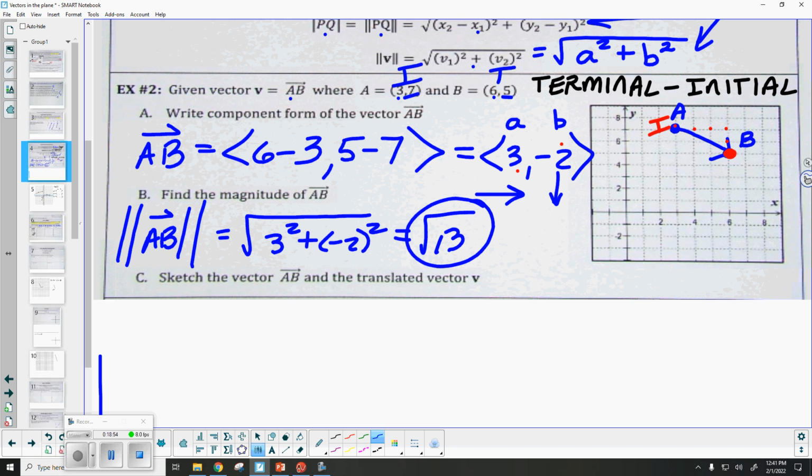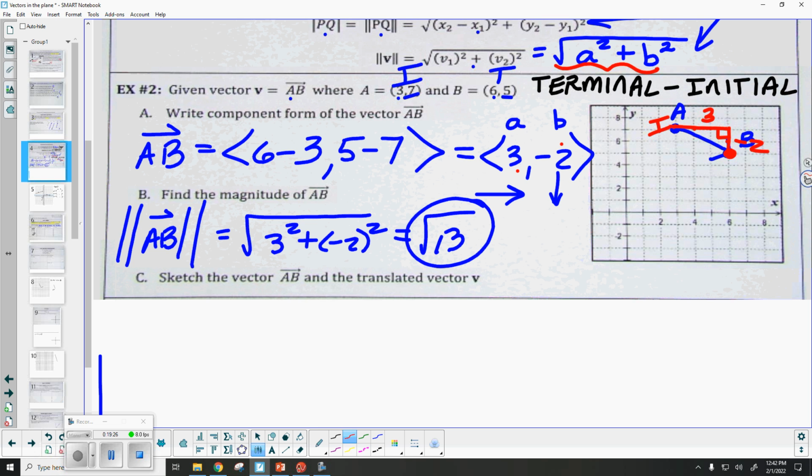Okay. Now, you remember how I said a few moments ago that all this was related back to right triangles? Well, let me show you why we have the formula that we do. Let's go ahead and go from the initial to the terminal again, but let's actually draw the sides. See how I have a distance of 3 and then the 2? It forms a what? A right triangle where the vector is the hypotenuse. Okay, so hopefully we're able to see now why this formula is making a little more sense.